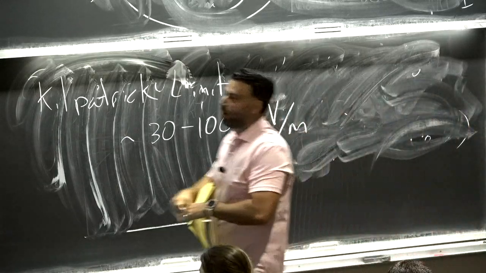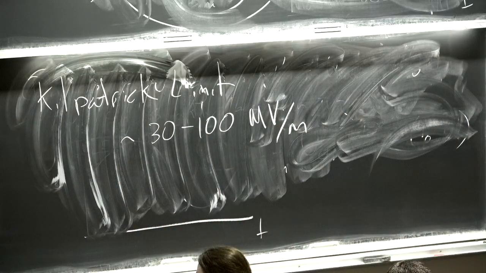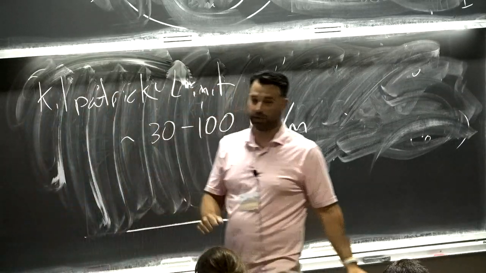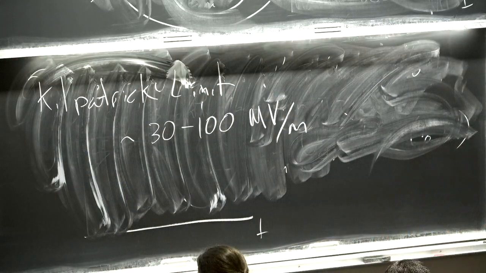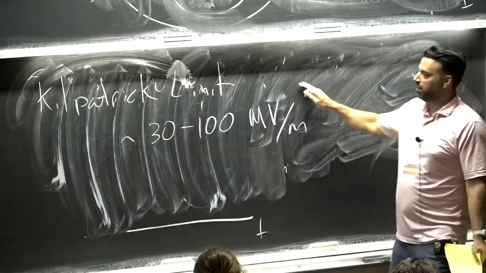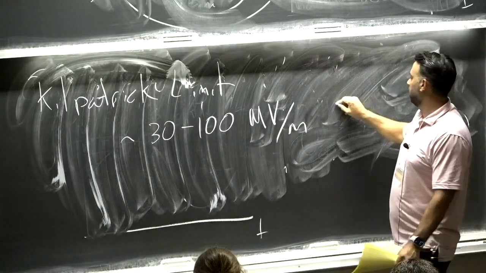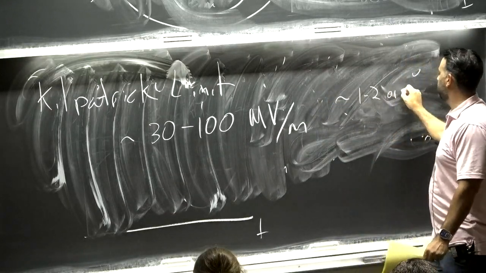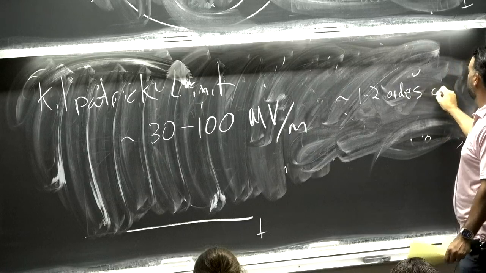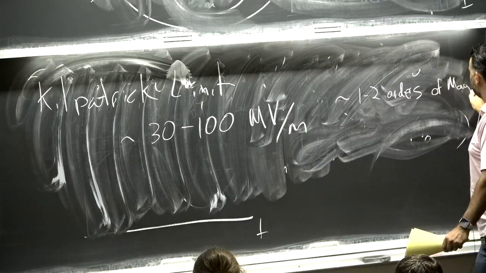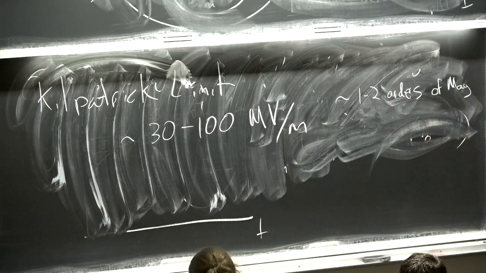So these all are vacuum inside. That's already an assumption, because if you have a gas in it, then this discharge would happen a lot further. But it's a good question. Yeah, that's in vacuum, doing as much as you can to avoid this discharge. So with this limit, we get roughly 1 to 2 orders of magnitude compared to electrostatic generators, which is why RF acceleration is used pretty much everywhere. Yep. Sure.